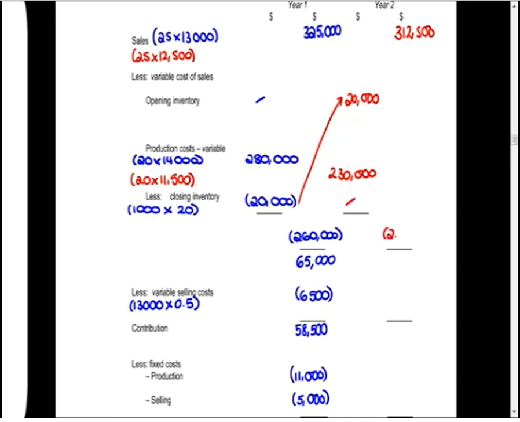So that means the cost of goods sold in year 2 is $250,000, giving us $62,500 when we take sales less cost of goods sold. Variable selling costs, remember, based on the number of units sold, 12,500 times by 0.5, so that's going to be 6,250. So contribution in year 2 was